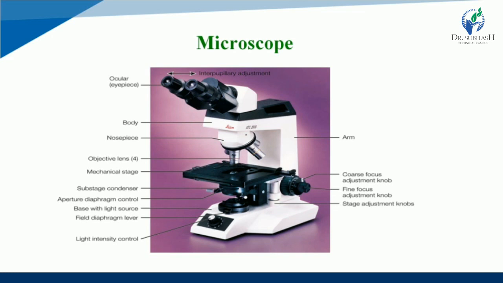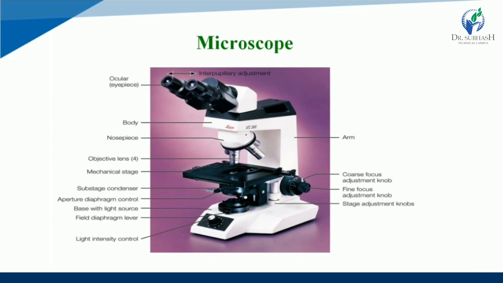It has an aperture which can be wide as well as narrow as required. Thus, it regulates or controls the intensity of light that reaches the specimen. So, what is the main role of iris or diaphragm? Diaphragm regulates the intensity of light that directly reaches the specimen or any objects.